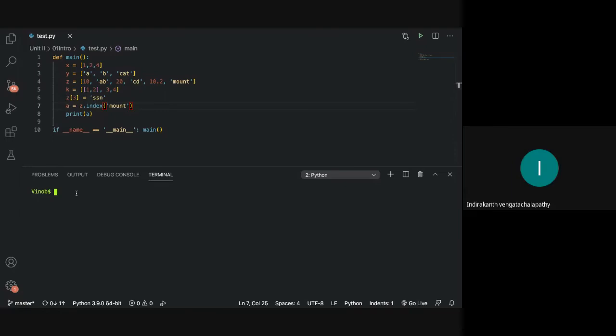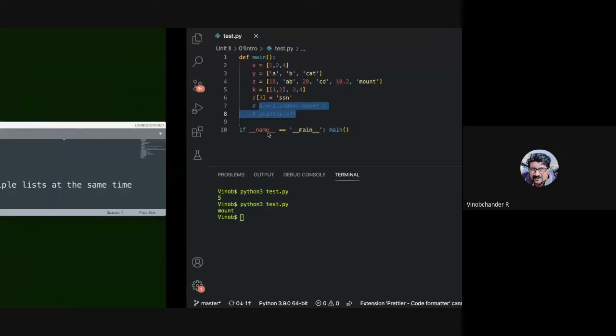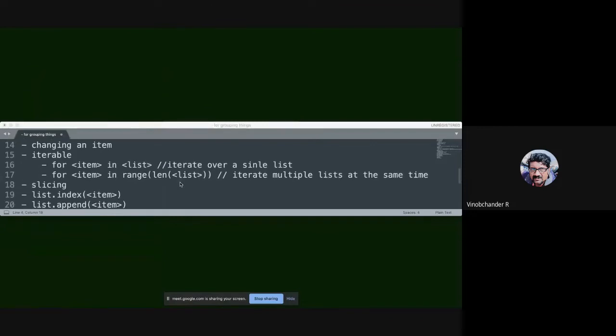Yes, sir, it will be fine, because we are naming it as files. You are getting it into a variable. And what is this? Mount. So that is index.